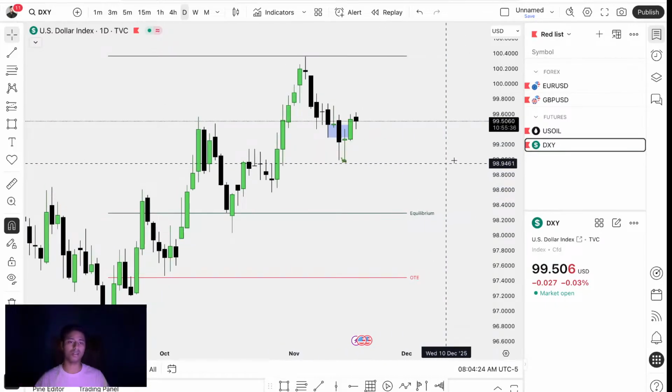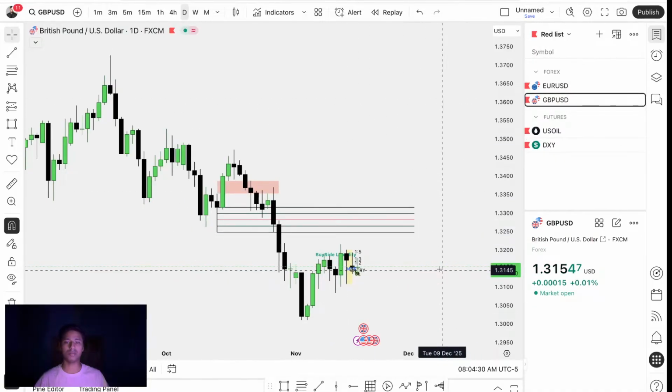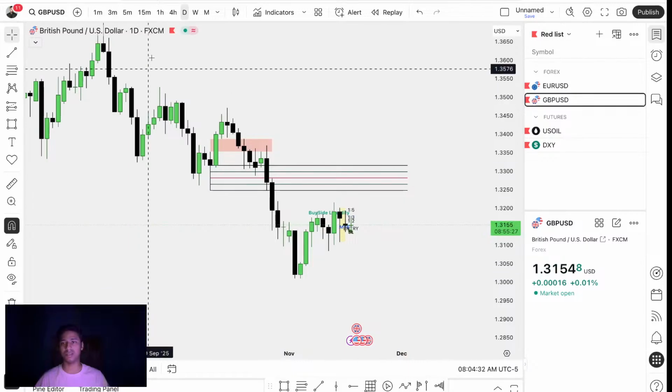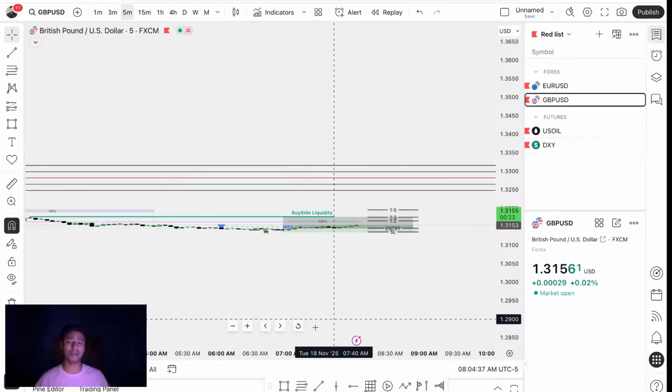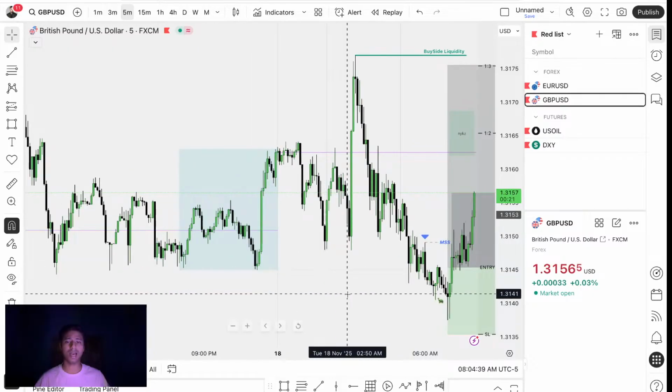Anchoring it for a long time. I hope if you watch my stream, you know about it. So let's go back to GBPUSD because I took the trade on GBPUSD, right? So the setup is actually on a 5 minute. So what we have is